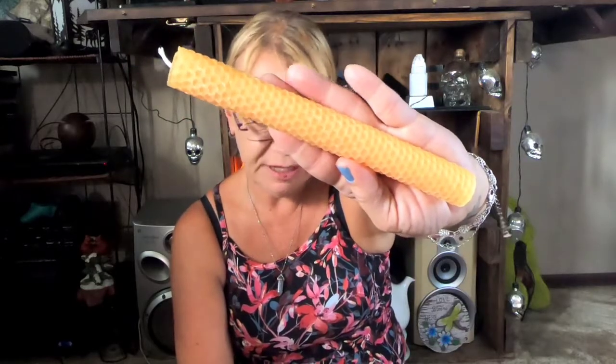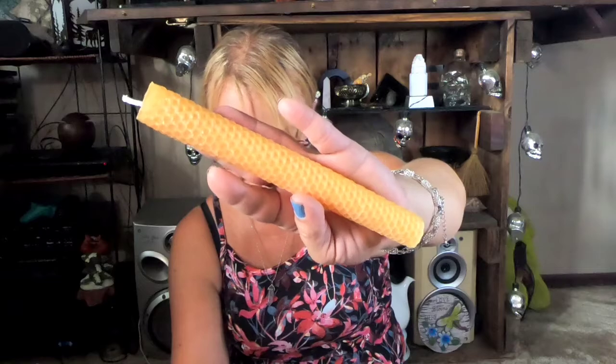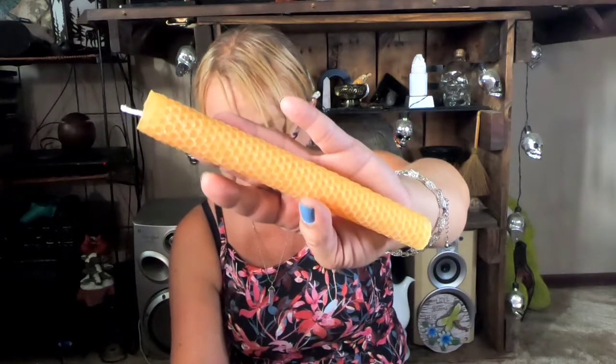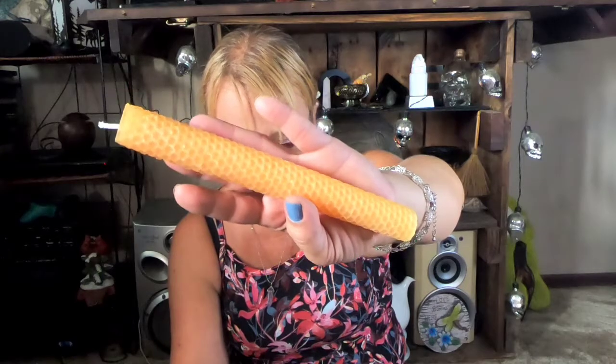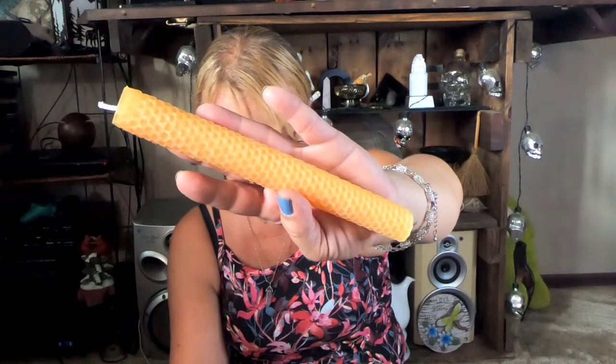But this is a beautiful, it looks like a very light orange, or not quite peach, but in the video it might look like peach, but it's not quite peach. It's still to the orange. And of course I got to smell, because I love the smell of beeswax. I will sniff every single candle I get. So beeswax candle, hand-rolled harvest home spell candle. We have hand-rolled this harvest home spell candle with the intention of celebrating and honoring the Mabon Sabbath. A time of true celebration. We focus on all we have accomplished over the beginning of this year, as well as preparing to accept the dark half of...